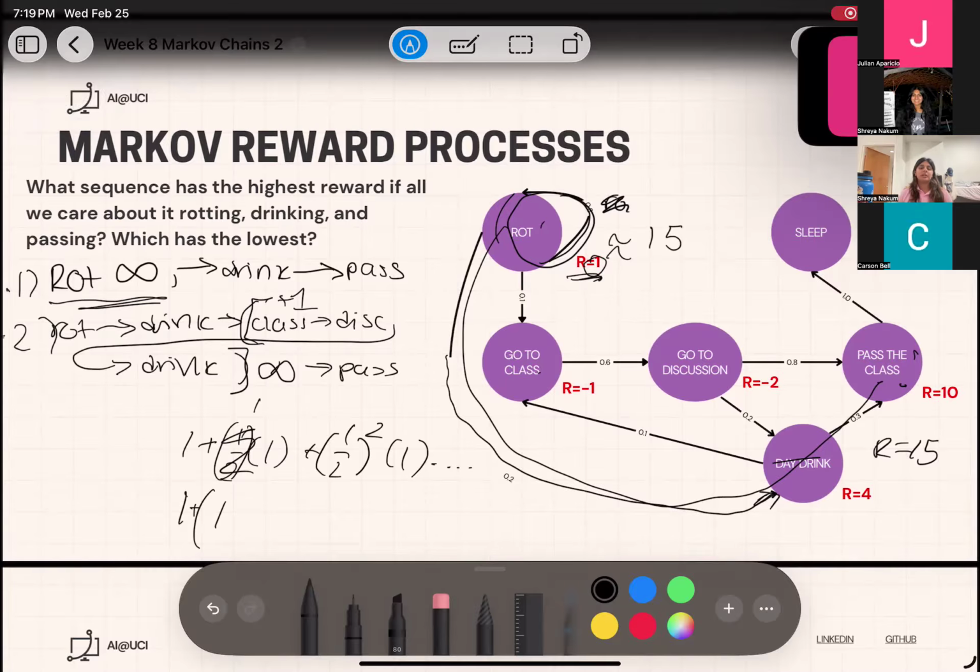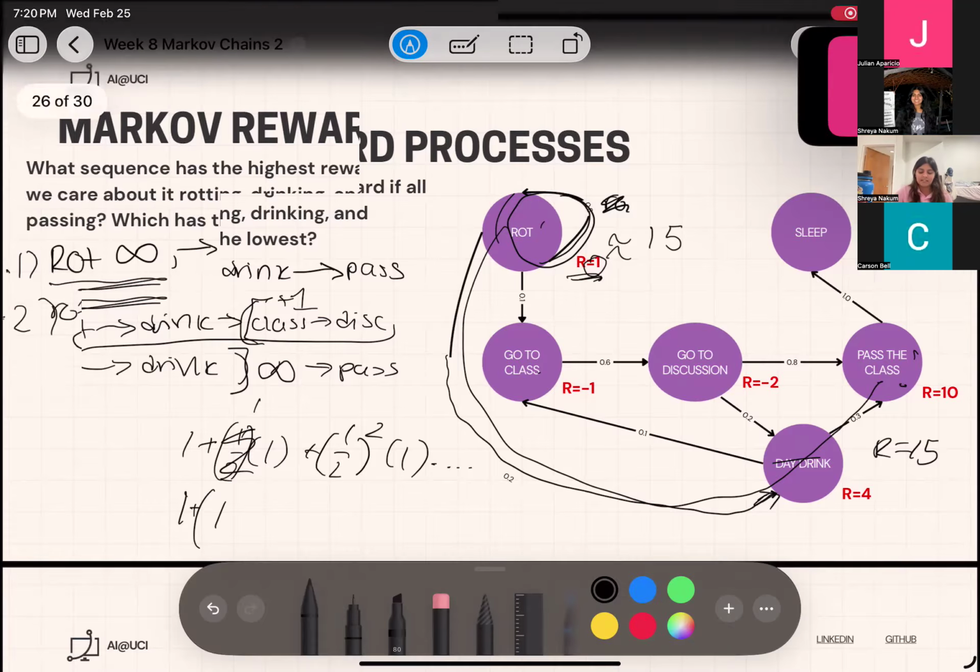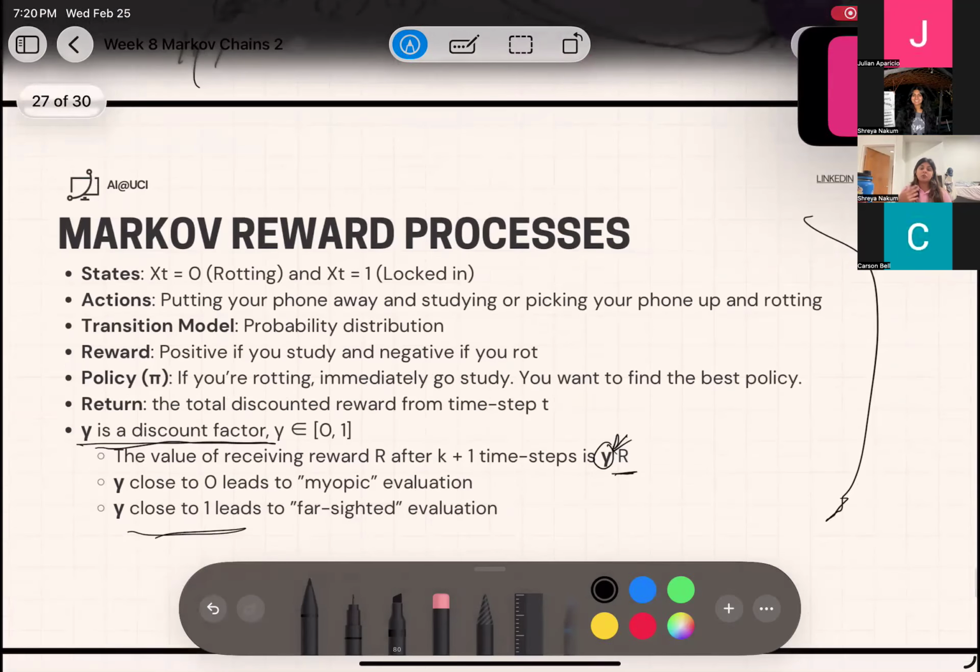Yeah, imagine you're playing a video game and there's a countdown that you need to make it out of the dungeon in, and you have to go through some sort of maze. But there are other special things you can get, like a special magic rock if you go off to the side. But if time is of the essence, you're not going to get the special reward, because all you want to do is get to the goal, which gives you the biggest reward if you have 2 minutes. Versus if you have a maze game and you have 2 hours to do it, then you can collect all the special items and make it to the end in time and you're fine. So it depends on what you care about.